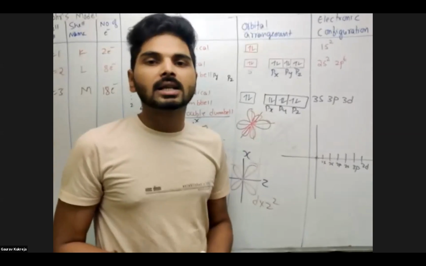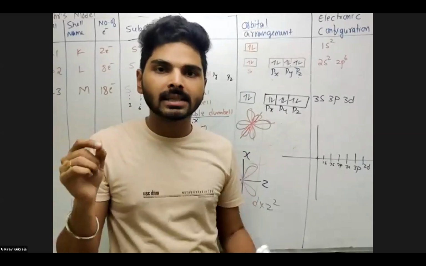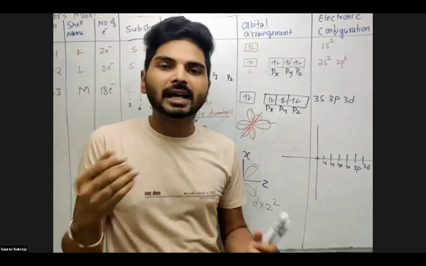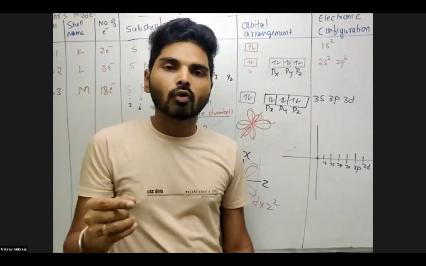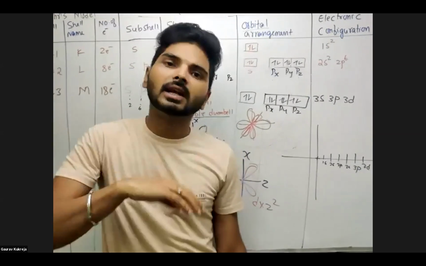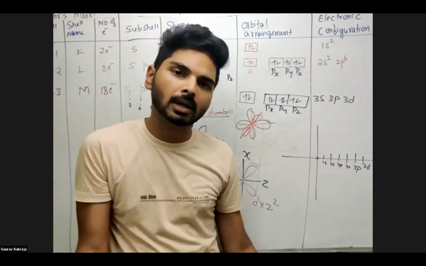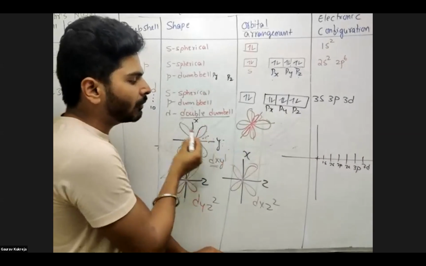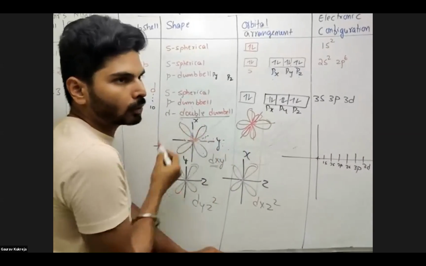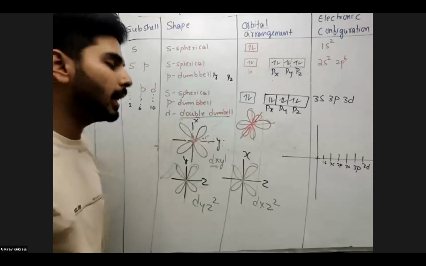It is like, suppose you have a fan. If it contains 3 blades or if it is containing 4 blades, it does not make any difference when it creates the shape. Whether it is a 2 blade fan or a 3 blade fan, you will find the shape gets created by that is the same. So similarly, even if one electron is present here, it will try to be present in all the 4 quadrants. Thereby you can get a shape of double dumbbell.